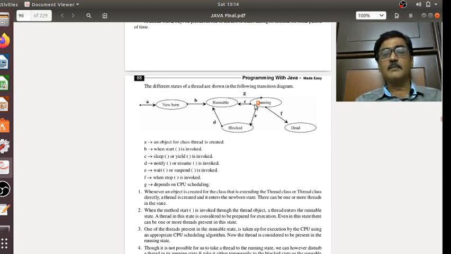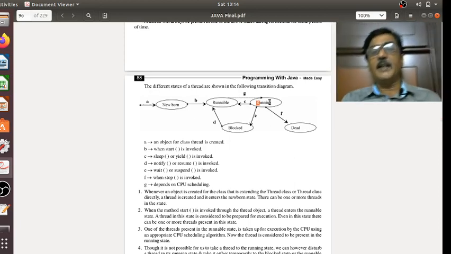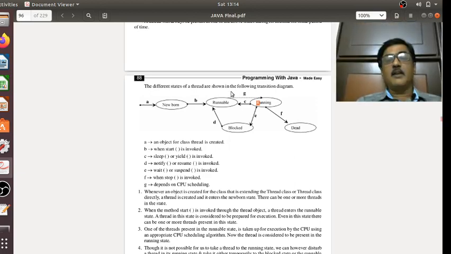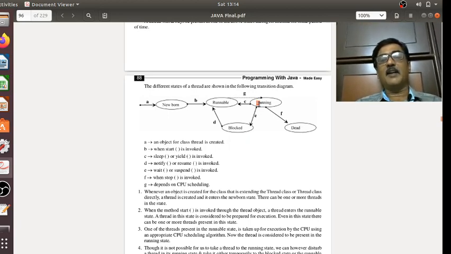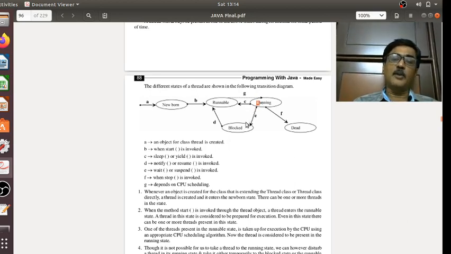Now a thread which is in the running state, if we do not disturb it, automatically upon complete execution enters the dead state. However, when we are trying to stop or block a thread, that is, when we are trying to interrupt a thread from being run, it temporarily enters the blocked state, and from here it is necessary for us to take the thread back to the runnable state.